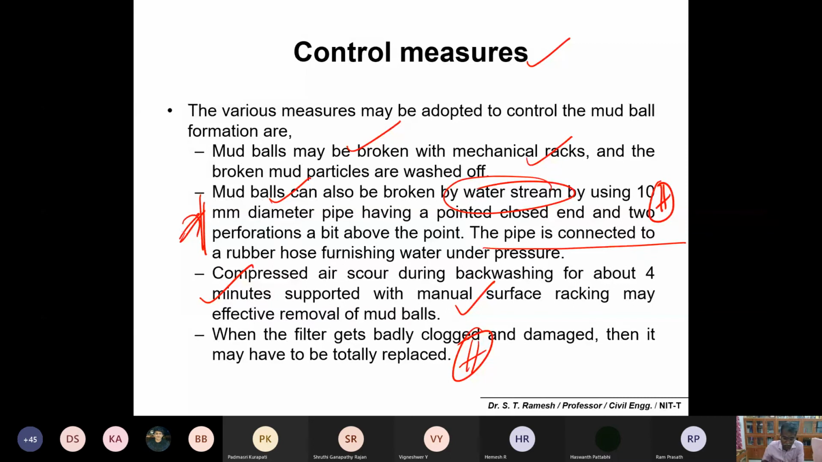And during backwashing, your application of water may not be uniform. Okay, it will create one particular place with a lot of pressure, thereby creating a lot of problems with dislocation of your bed, and sometimes it will also create a mud wall. And once mud ball formation is found in the filter, then you have to clean the filter with different strategies. Number one, you can use